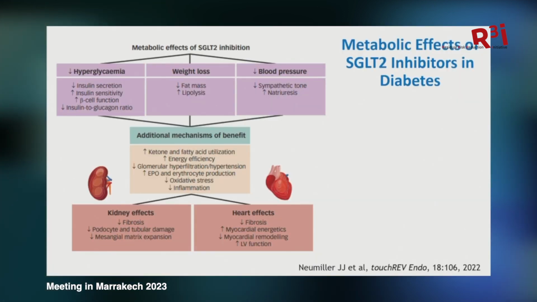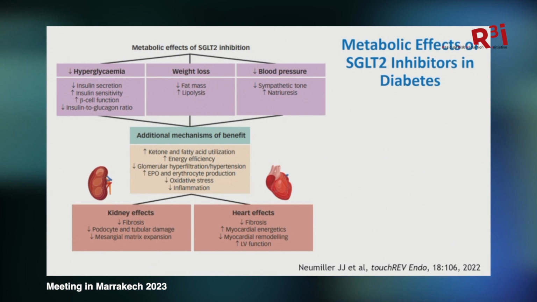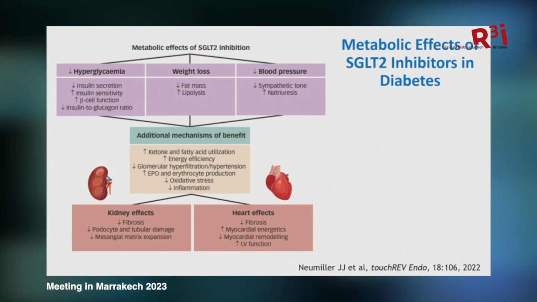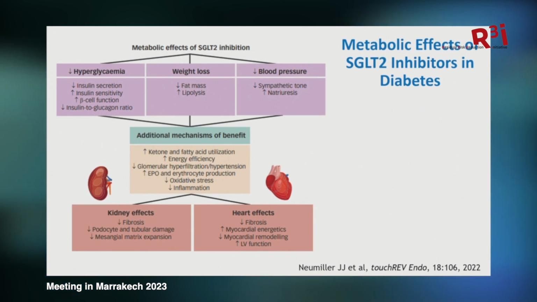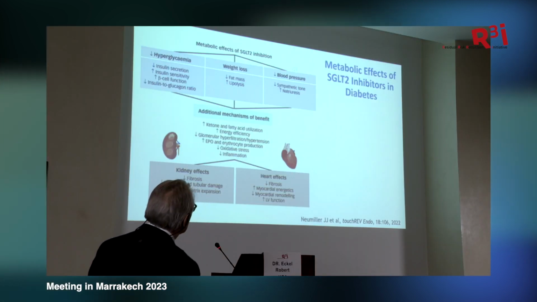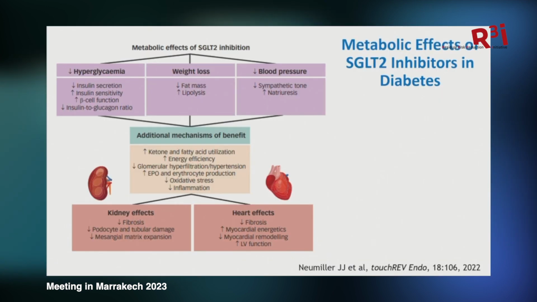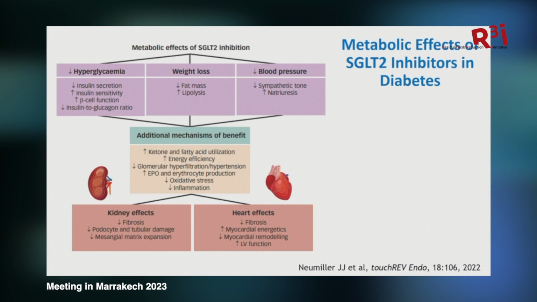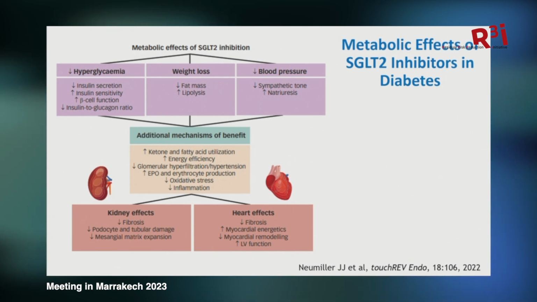Now, if you look at the metabolic effects of SGLT2 inhibitors, they're multifactorial, including reducing glycemia, weight loss, and blood pressure. By the way, the amount of weight loss with SGLT2s is not very much, so the independent effect of that on the kidney could be questioned. Lowering blood pressure by reducing sympathetic tone is a modest effect of SGLT2s. And reducing hyperglycemia, actually the A1C improvement in patients living with diabetes treated with this class of drugs is not